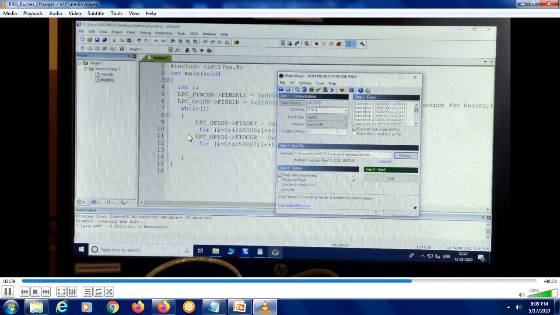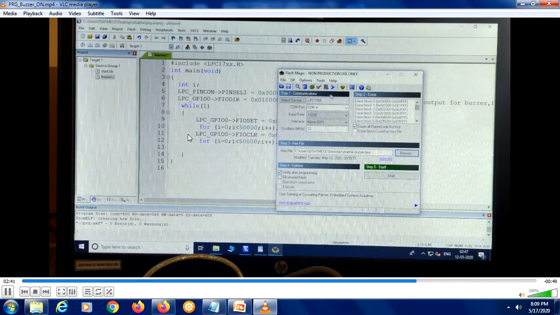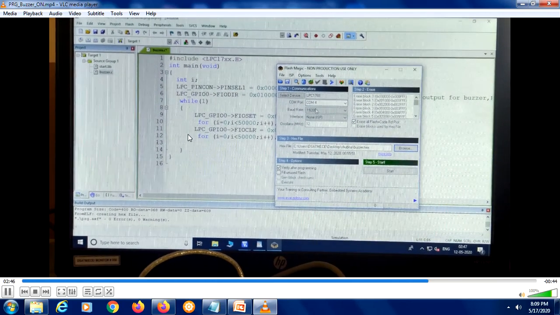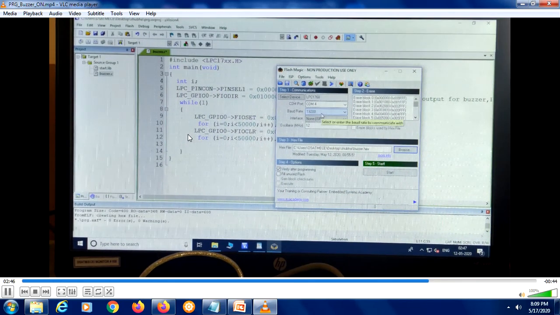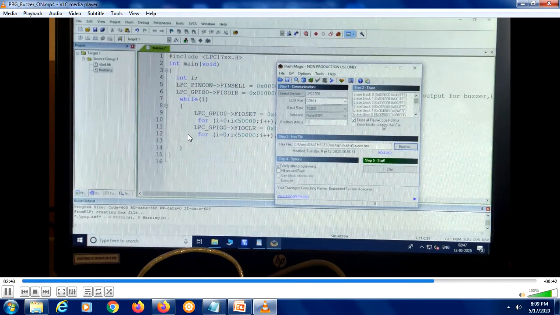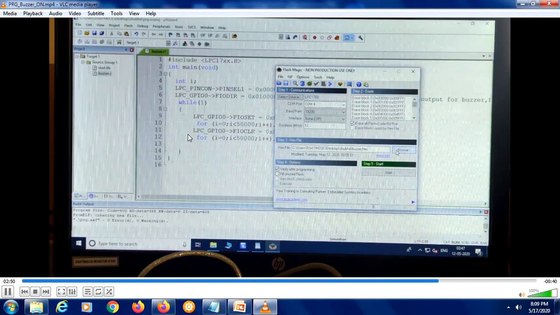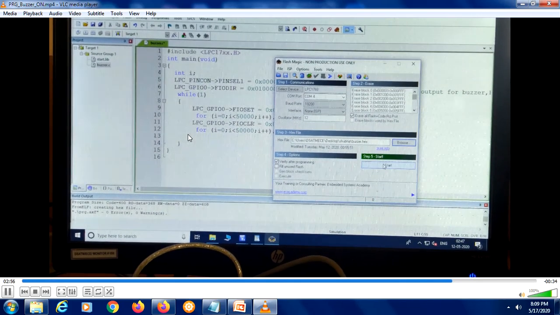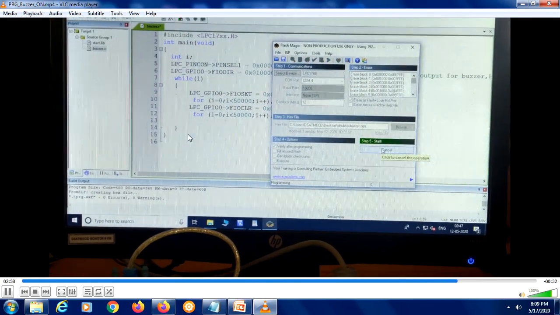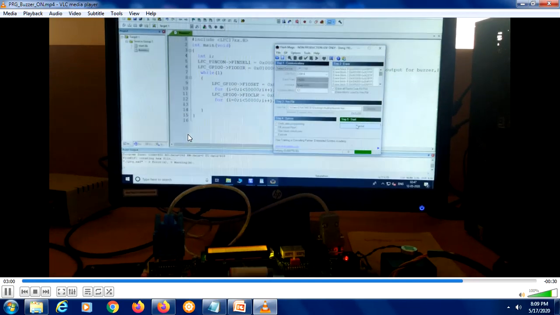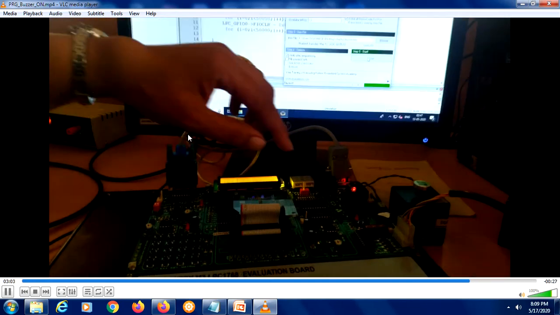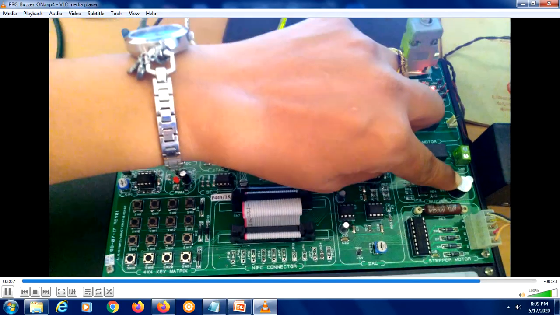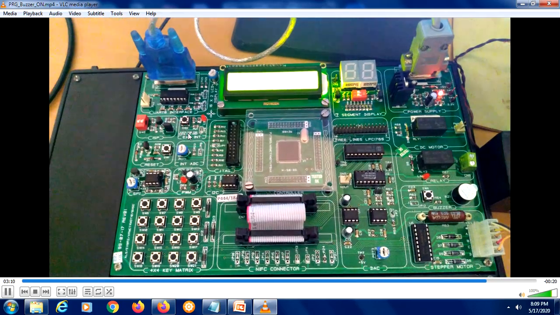and say open. So the settings remain the same, wherein you have got LPC1768, the COM port, the baud rate. Then finally we have to erase the flash. Then we'll browse for the hex file corresponding to the program of the buzzer, and then we'll start. Once it starts, the program is being verified and it's downloading. You can see the buzzer is connected over here. This is the buzzer which is connected, and you can see the P0.24.